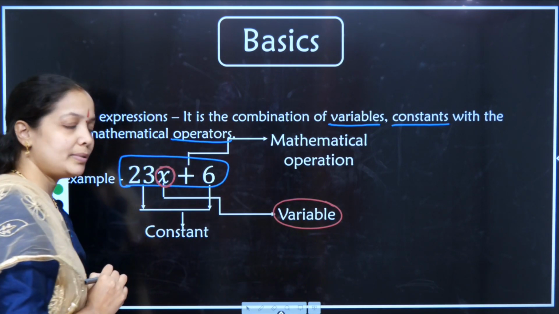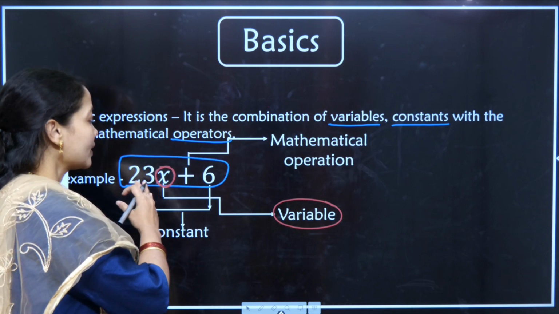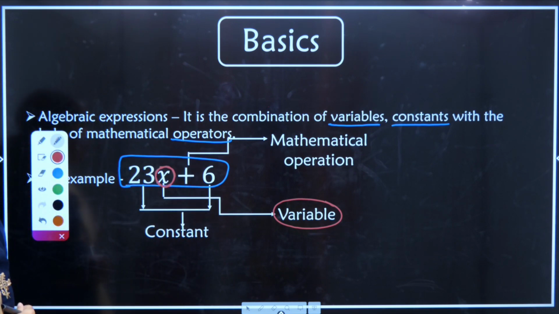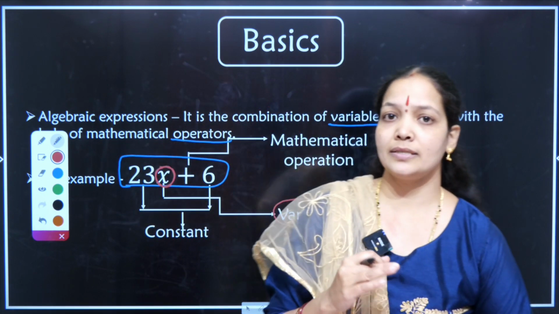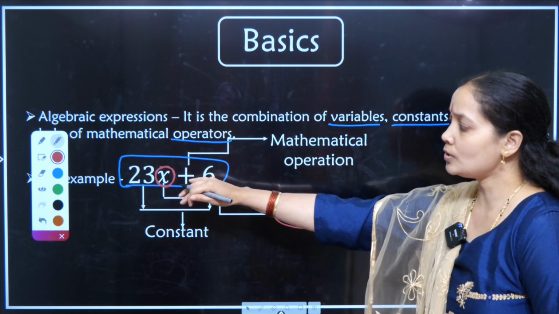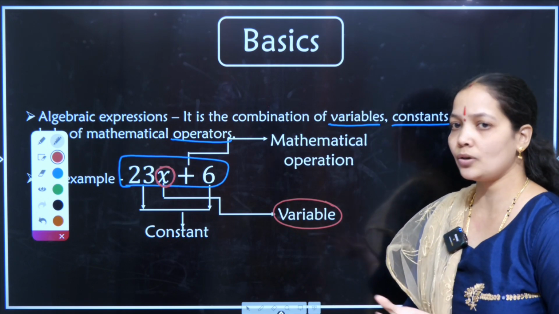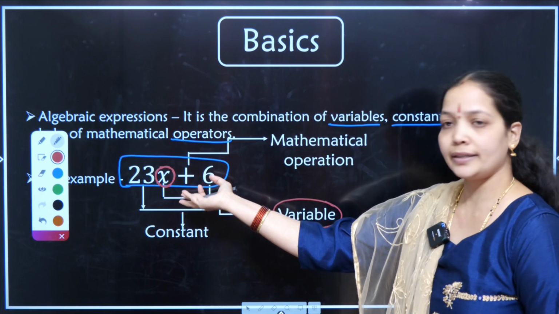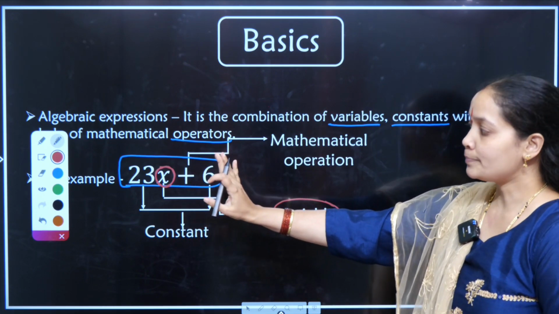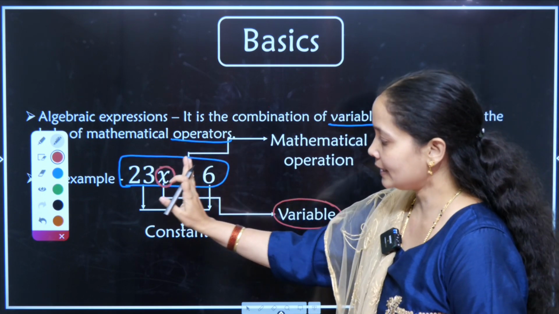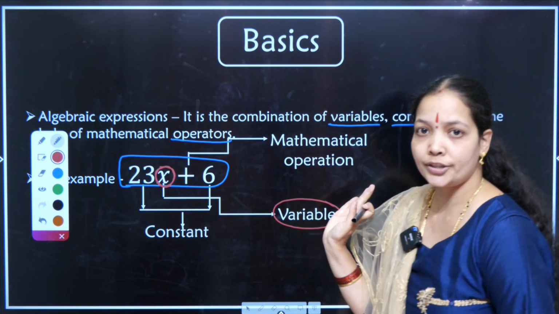So what is a variable? Variable is the alphabet that is present in the whole equation. Why do we call it a variable? First, because I can basically substitute any value of x. From positive to negative or 0, I can place x as 1, -1, 0, 3, 4 by 2. Any value of x can be substituted in the given equation, and hence x is varying, so I say it is a variable. It is varying on its own.